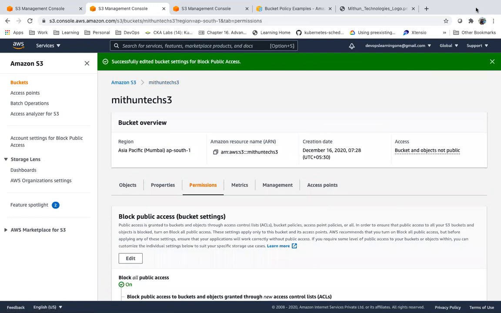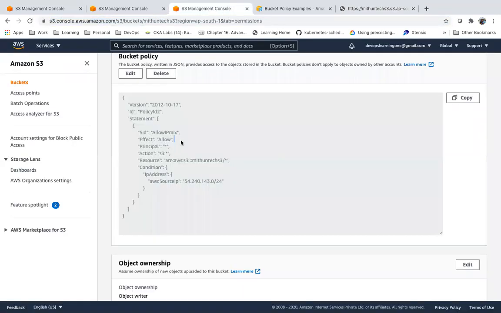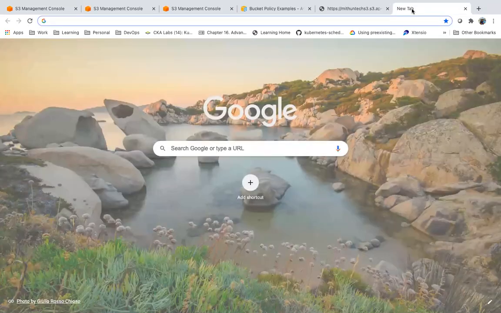Now I have blocked the public access. We will not be able to access. Then who can access? Now I have given a bucket policy. So if the request is coming from this IP range, then only it will work. Now let me see what my IP address is.